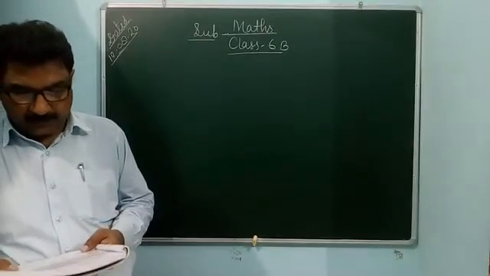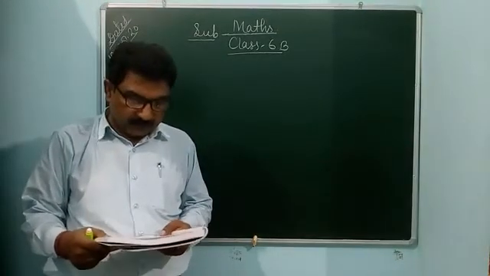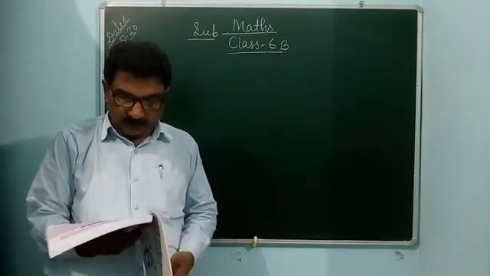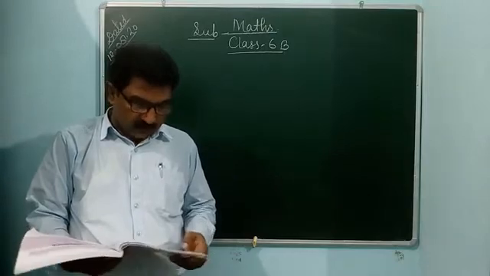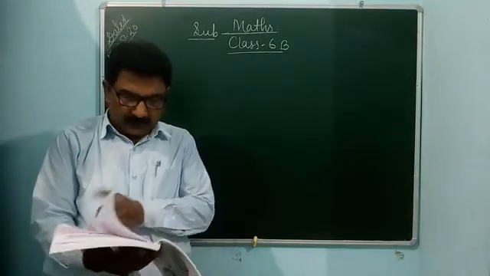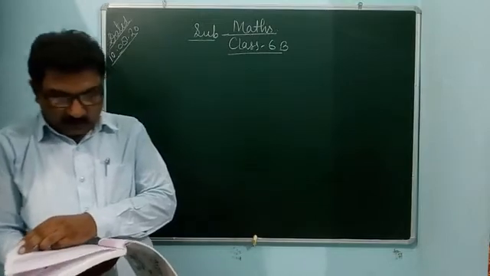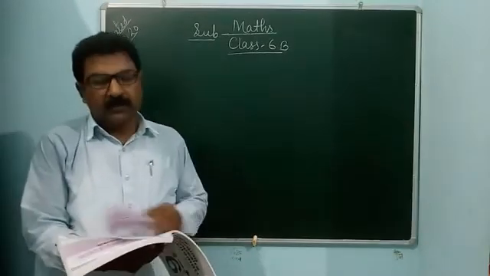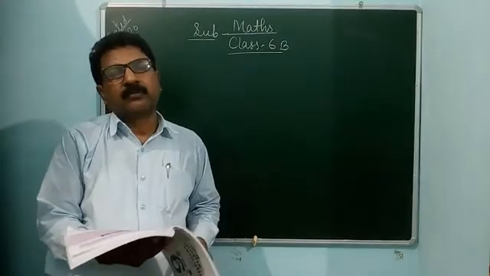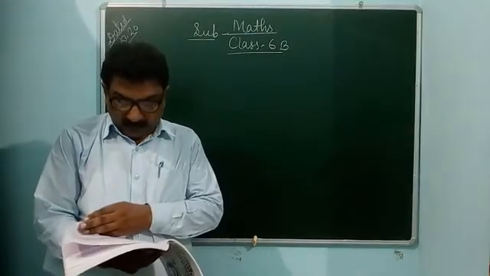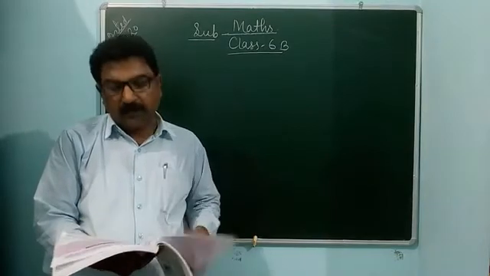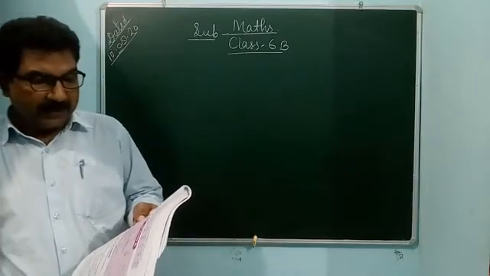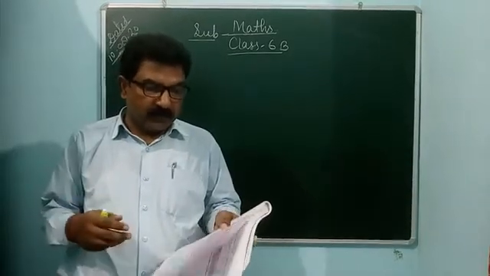So see, option A is 9 and 12. As I have told already, the definition of coprime numbers: two natural numbers that have 1 as the only common factor are called coprimes or relatively prime. So only 1 as the common factor. In 9 and 12, there is more than one common factor.